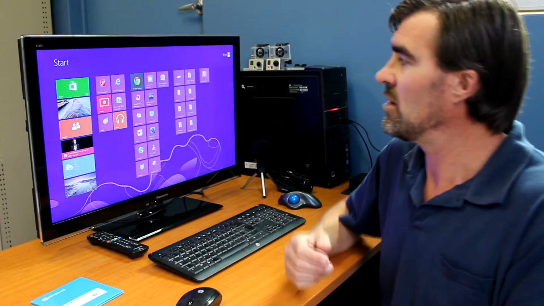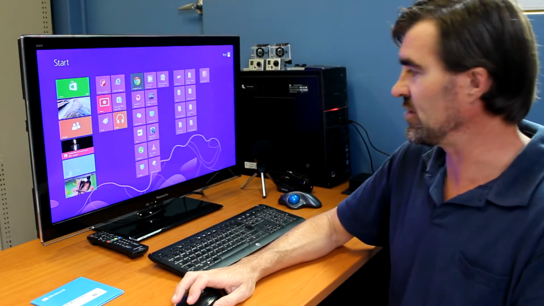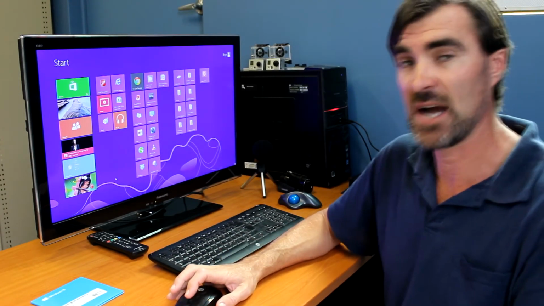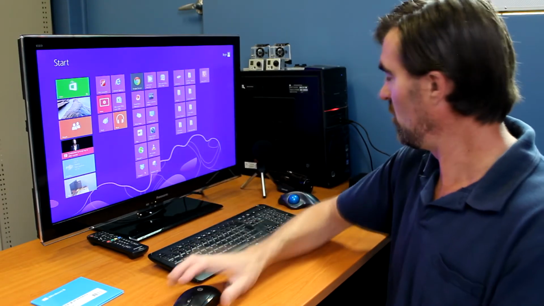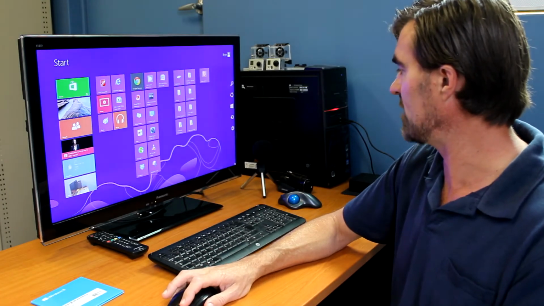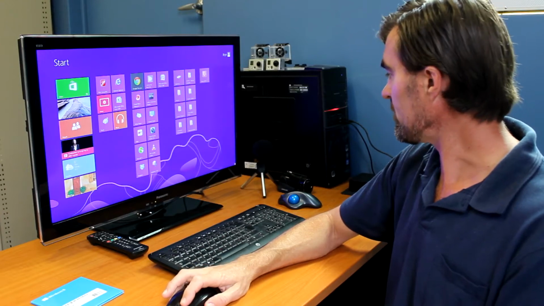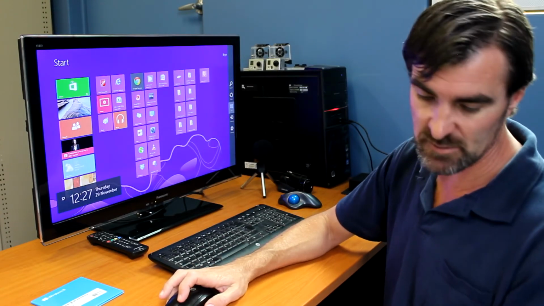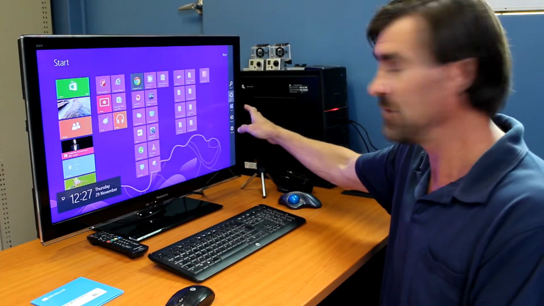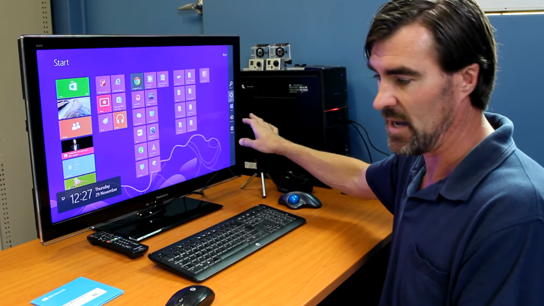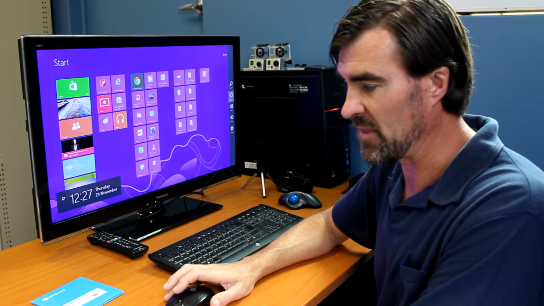Okay, so the third major difference with Windows 8 is the introduction of the Charms bar. Now the Charms bar is found by touching or moving your mouse down to the bottom right hand side of the screen, which brings up this Charms bar. If you then move up, you can select one of these items. So let's have a look at it. We've got search, share, start, devices, and settings. So in the search